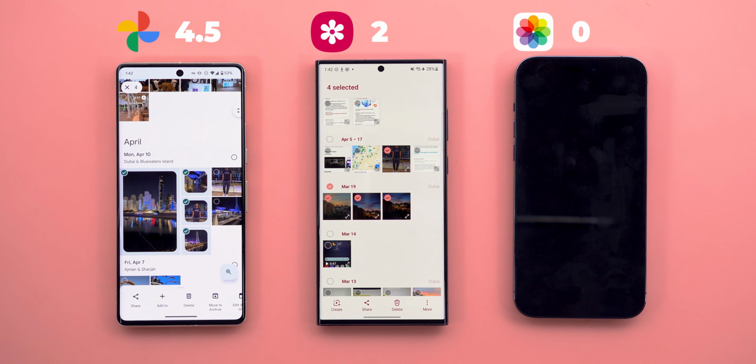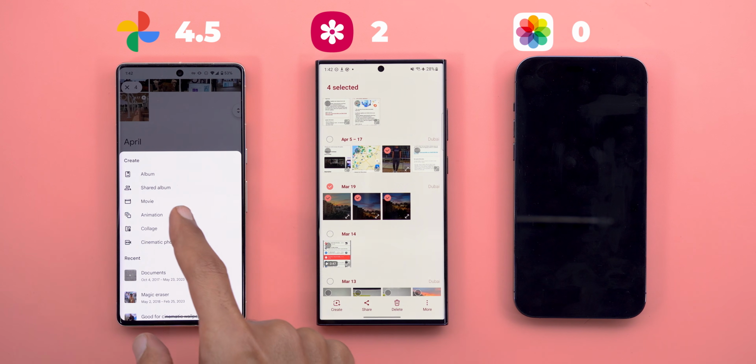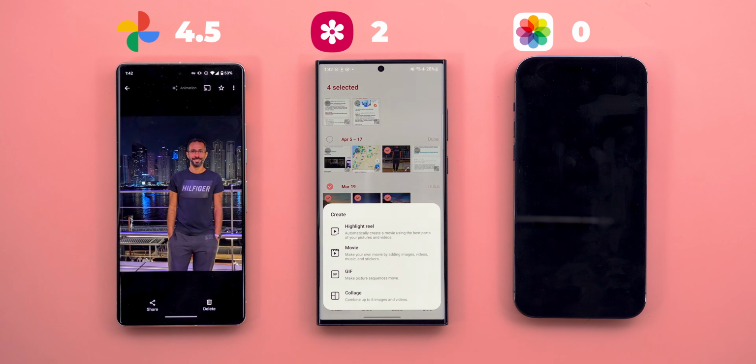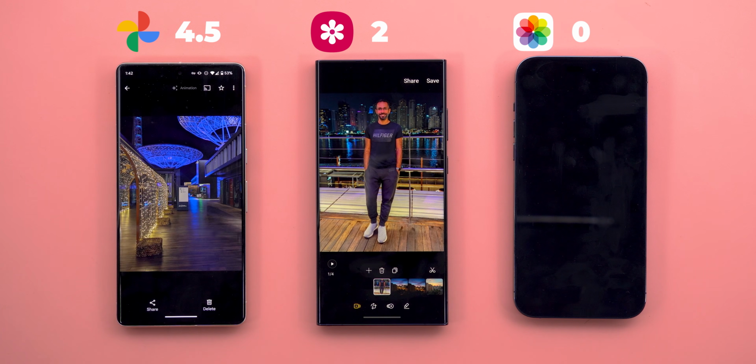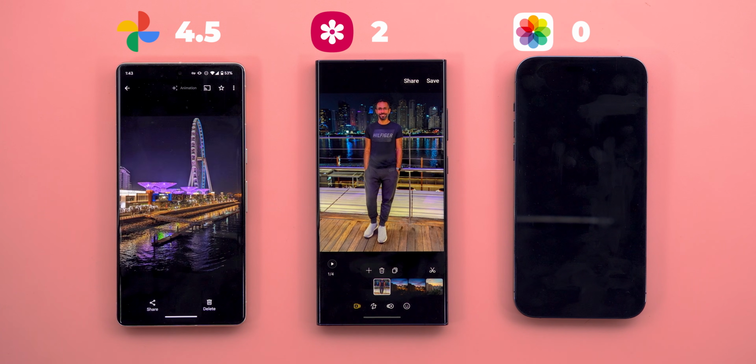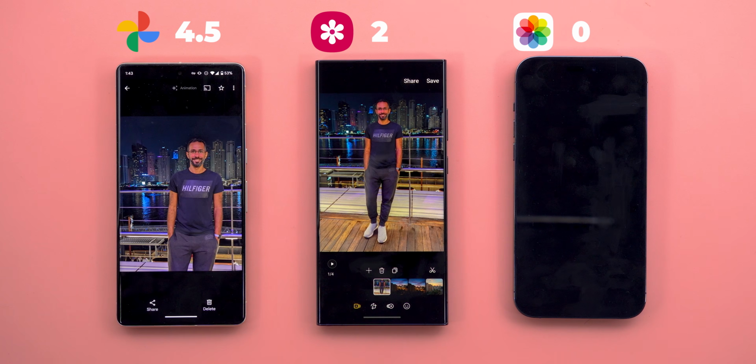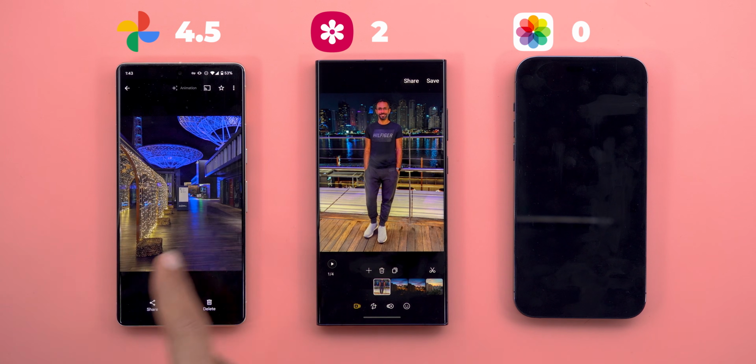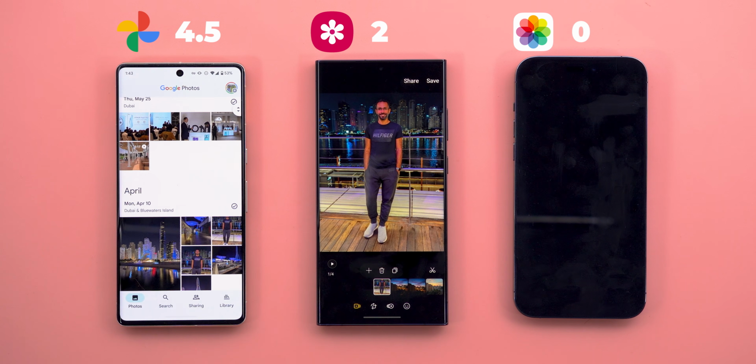The next feature we're gonna compare is creating GIFs, and here I'm selecting 4 photos on both, and let's tap on create animation in Google Photos and here GIF in Samsung Gallery. You will notice here that Google Photos didn't give me the option to edit the GIF, but it slapped all the images together and made it that way, which I don't like by any means, while in Samsung Gallery you